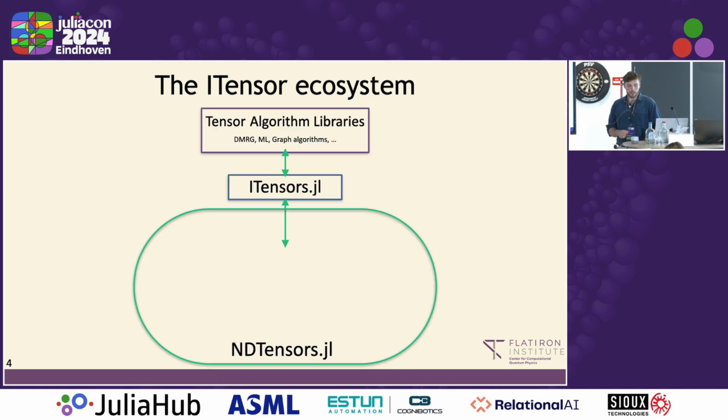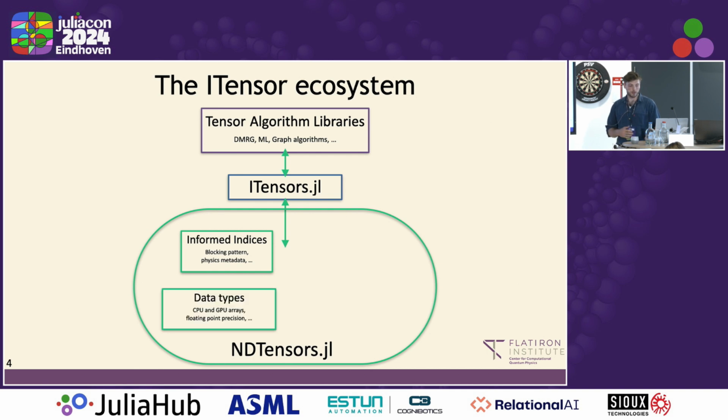This NDTensors library has lots of functionality and it's growing. The goal of it is to be a plug-and-play place to do optimization. First, it has informed indices, which is what makes ITensor what it is, and I'll go over this in the next slide. It has information about blocking patterns, physics metadata, and what an index is, like how big it is, etc. Different data types are possible, so you can use a GPU array, a CPU array, or any other contrived data type you might want to use. There are also different floating point precisions,